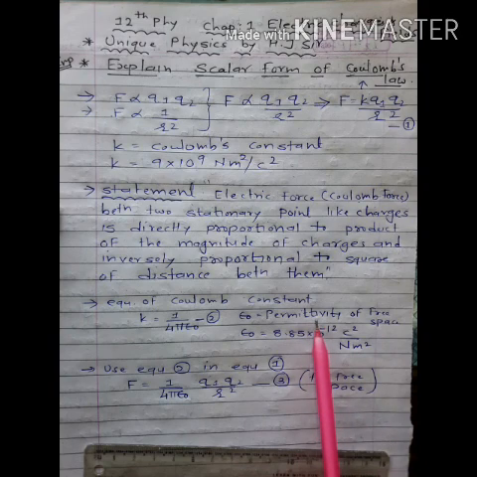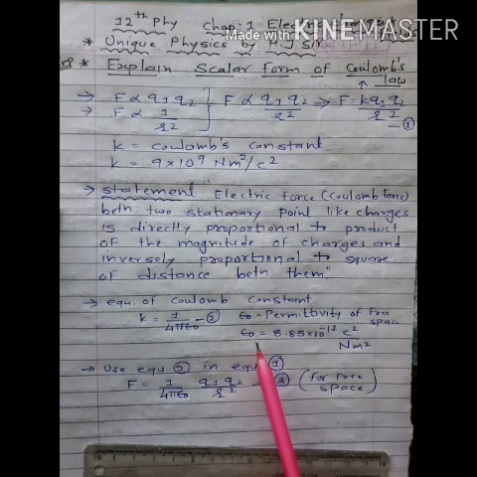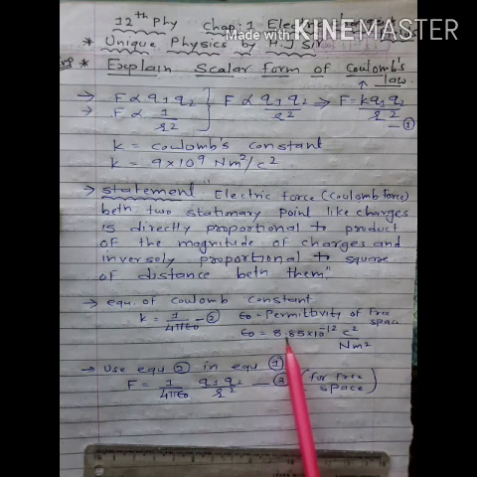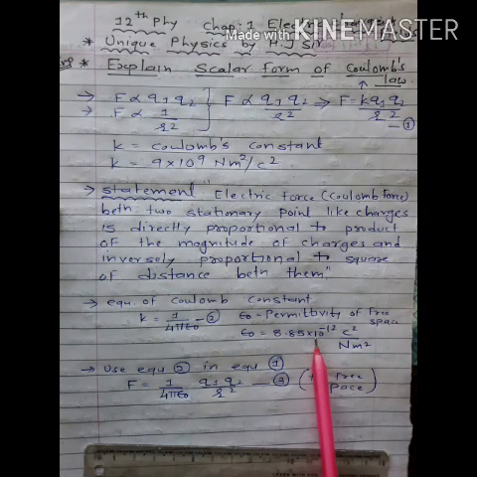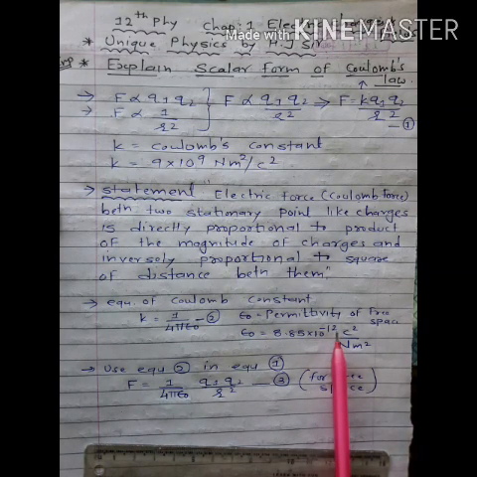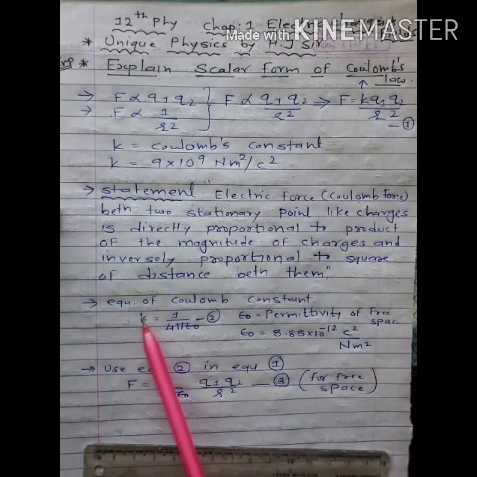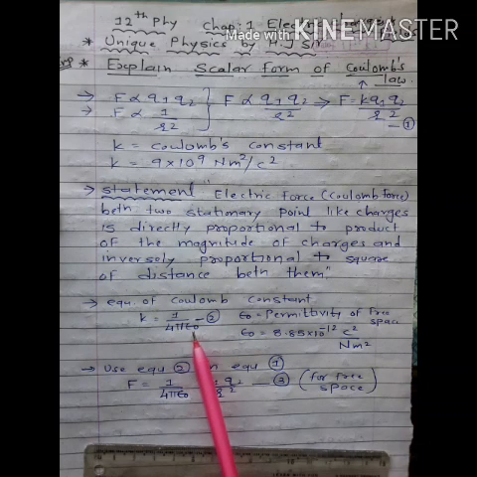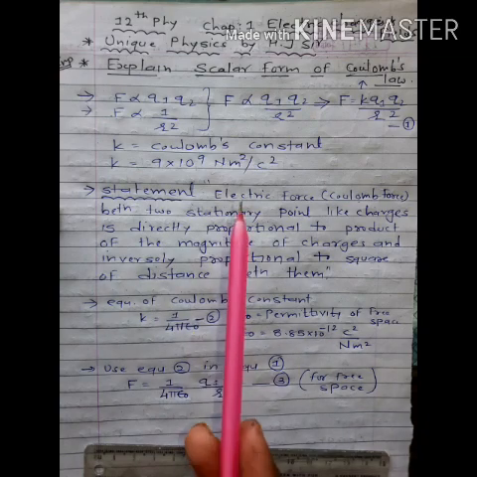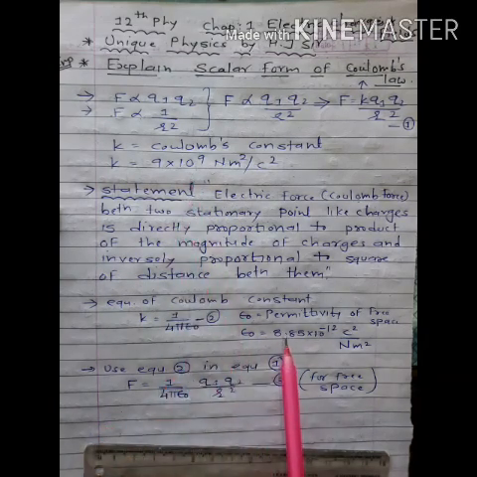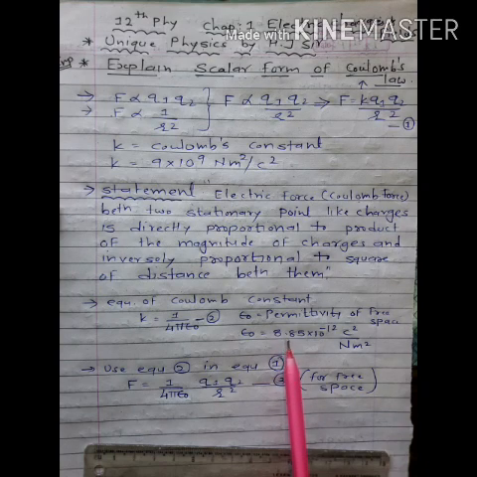This gives electrical behavior of free space. It is standard constant. So remember its value. Epsilon 0 is equals to 8.85 into 10 raised to minus 12. Its unit is Coulomb square upon Newton meter square. We have value of k. K is equals to 1 upon 4 pi epsilon 0. If we make equation of epsilon 0 and if we use value of k, so we can find value of epsilon 0. Try to find this value yourself.